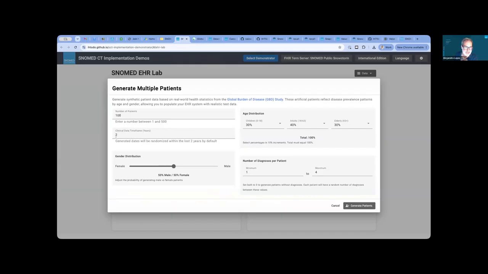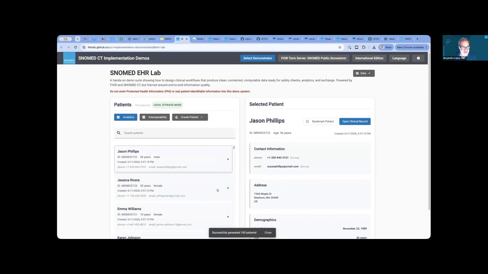So let's say over 3 years, a bit more female than male, 55 female, 45 male, with this age distribution, and a maximum of 6 diagnoses and a minimum of 2. You click generate patients, and this creates 100 patients for you, just like that.